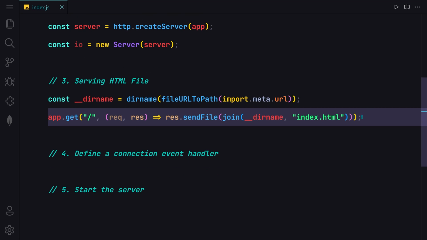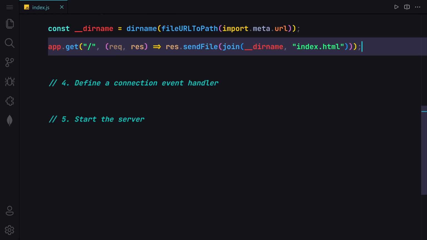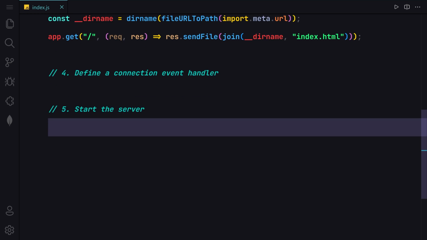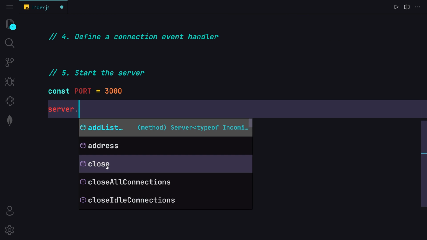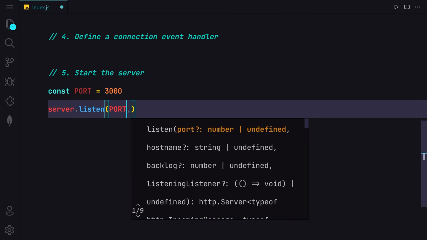So I'm going to save this file, and finally we have to create a server so that we can listen to the server. So now let me create my port. First of all, you can do this separately in the .env file, but I want to make things totally simple, so I'm going to write it right here. So we are going to listen to this 3000 port, and we are going to write our server.listen. And now let me pass my port first of all,